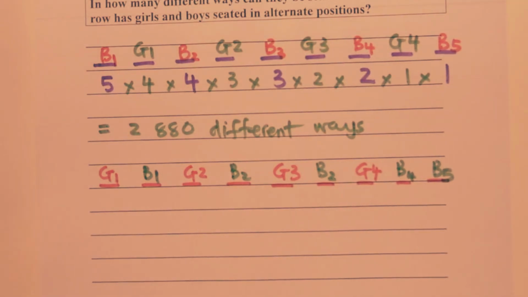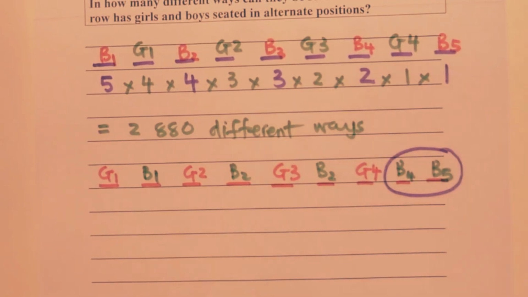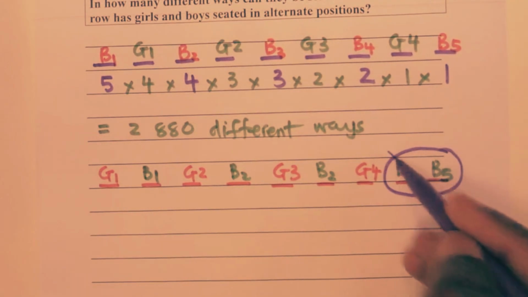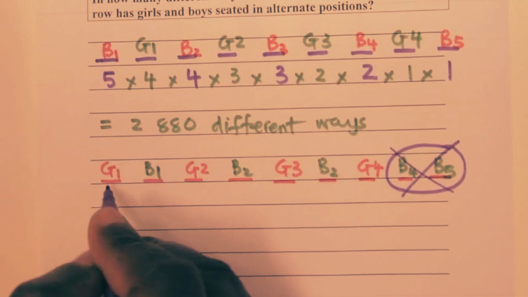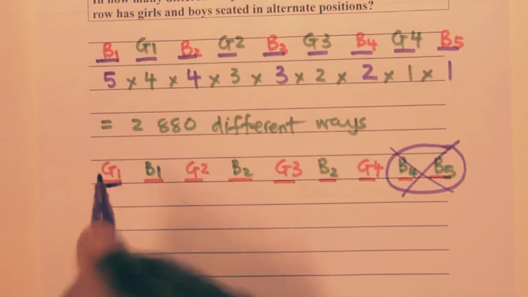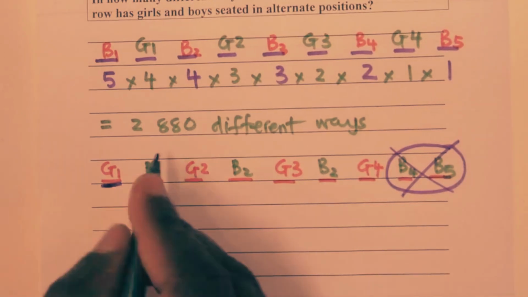But if we look closely here at the last part, we can see that this part here, we are not alternating. So in other words, in our arrangements, we cannot start with a girl. So my final answer is going to be